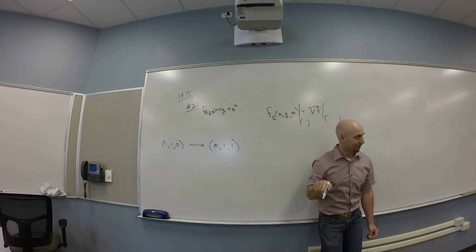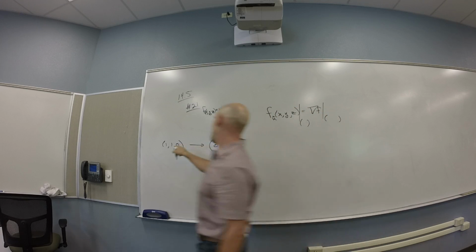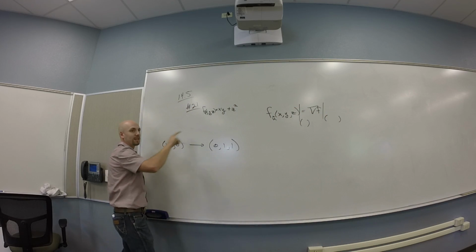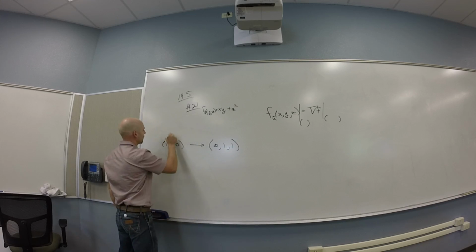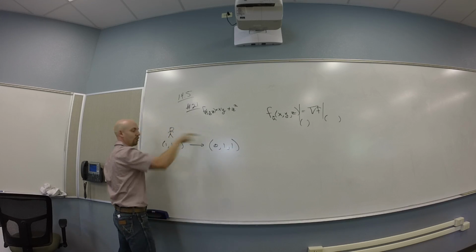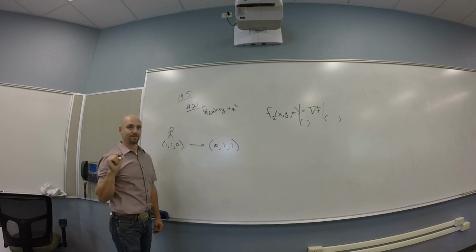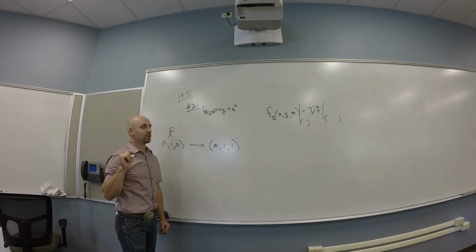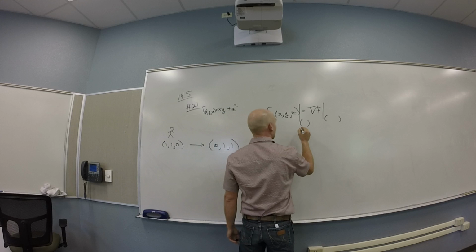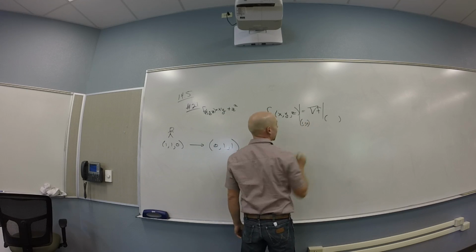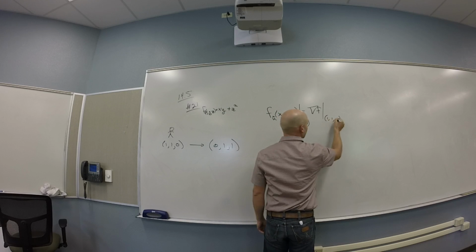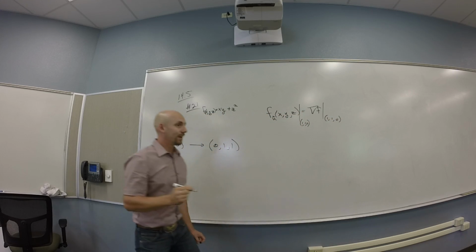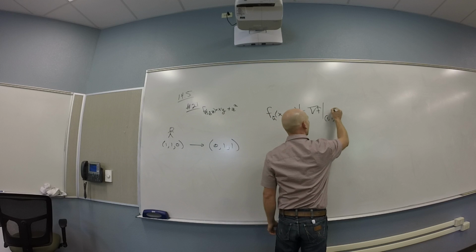1, 1, 0. Yeah. So I'm standing at 1, 1, 0, and I'm looking in the direction of 0, 1, 1. So here I am, looking that way. You guys all good with this? So I should be evaluating these at 1, 1, 0. And I better be dotting with,